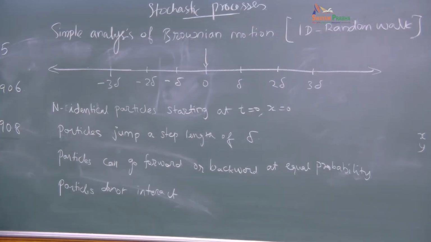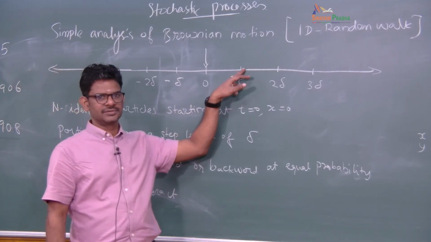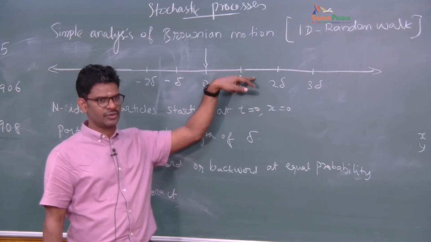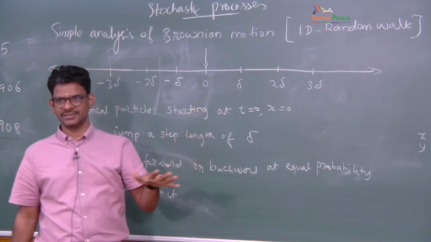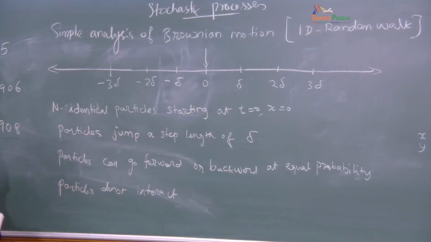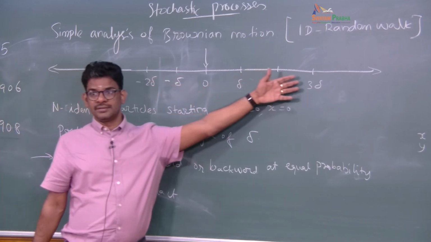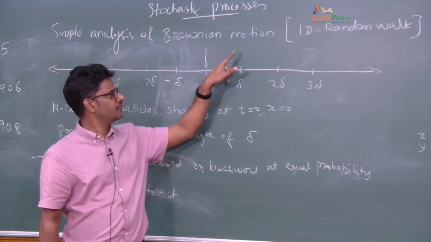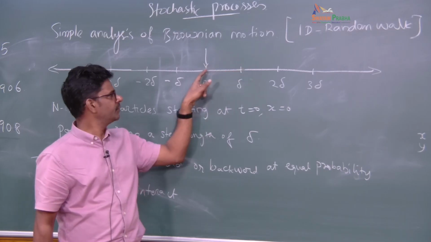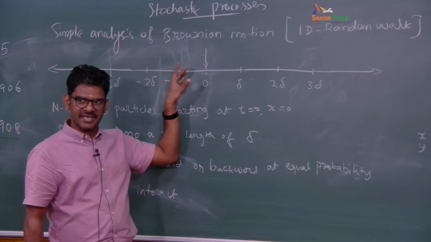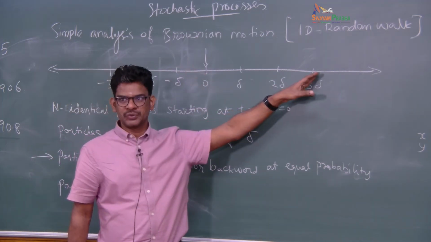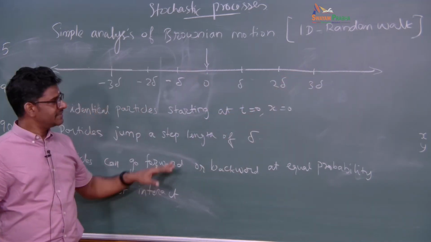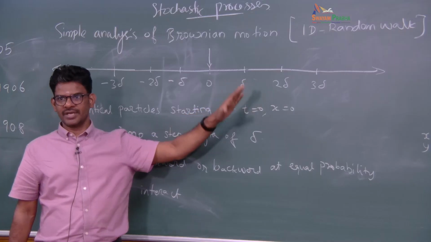So it doesn't matter how many particles are present here for another particle to decide to come here or to leave from here. So they don't really interact. Imagine they're ideal. Also, this probability is independent of where the position is. When I have a particle at the origin, it can go 50% of the time this way or 50% of the time this way. The same probability holds if the particle were to be here also. So this probability rule is independent of the current location. These are all the rules.